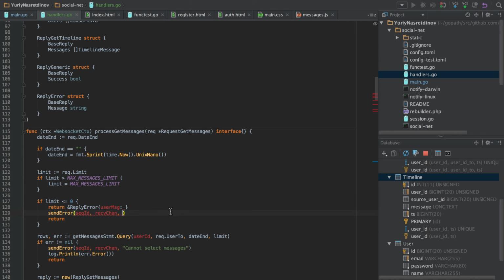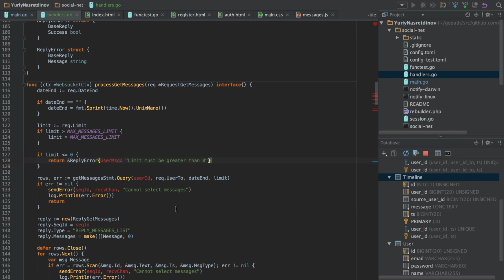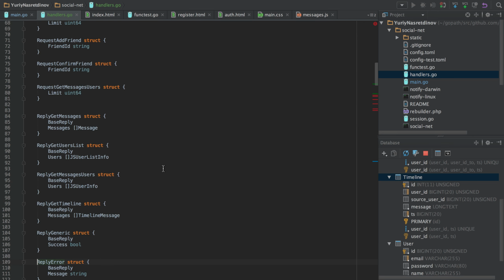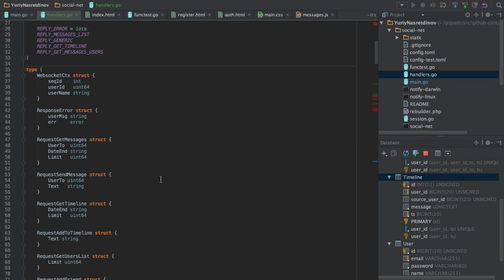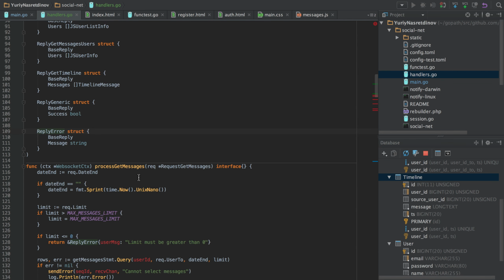Yeah, I don't understand why there is no such field as user message, but this is how it should look. It is actually the response error type. It's not the best name for a type, but what you can do.